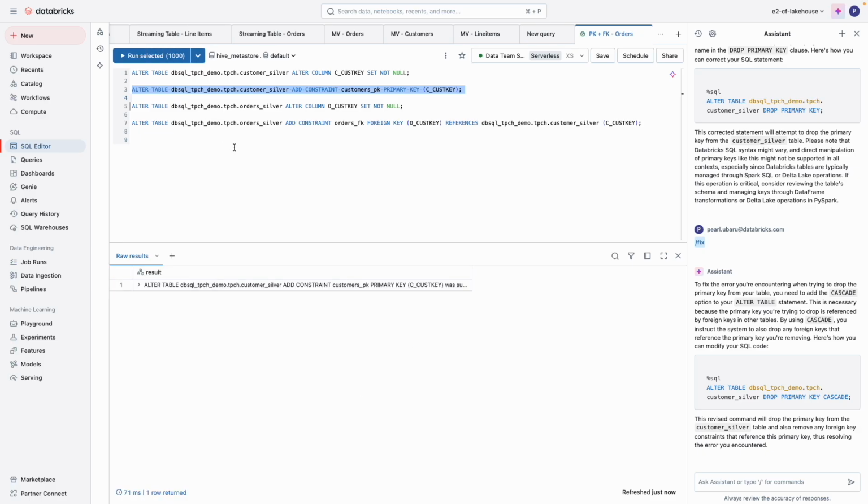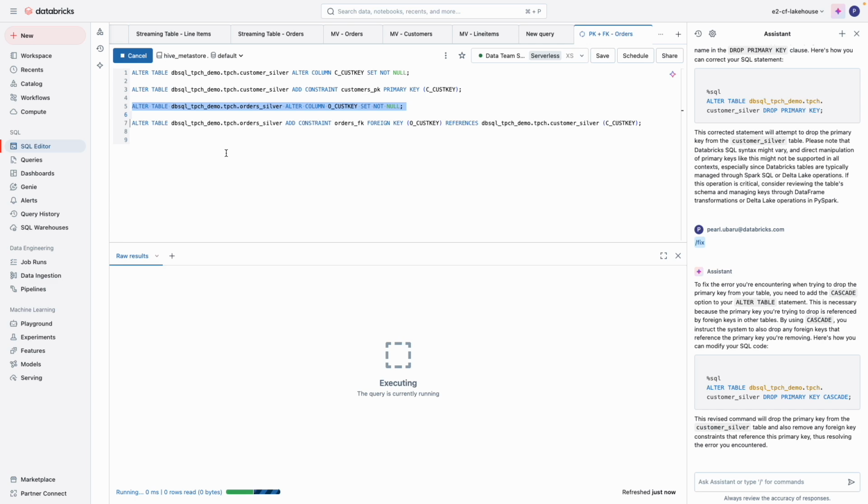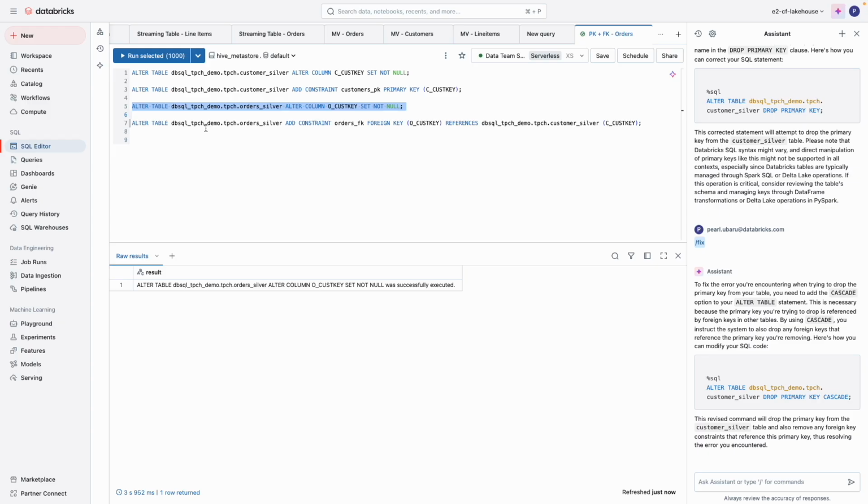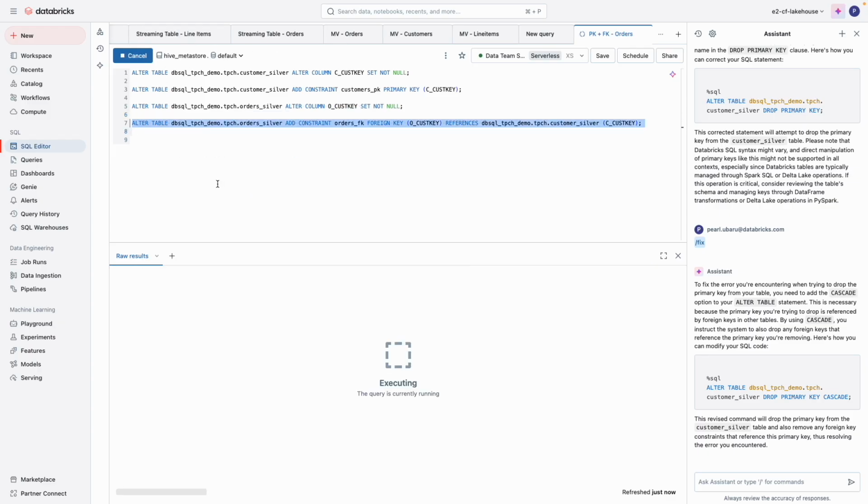Now for the foreign key. I'll add my foreign key to my order silver table by referencing my customer silver table using the code below. Don't forget to drop the null values by running this code below. Now I'm going to define the foreign key